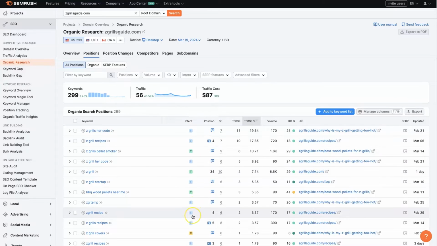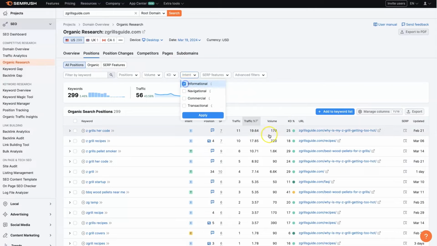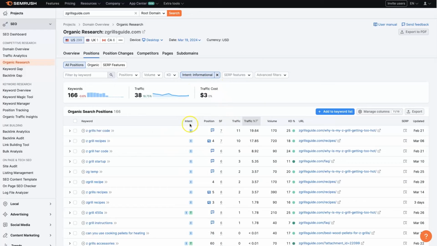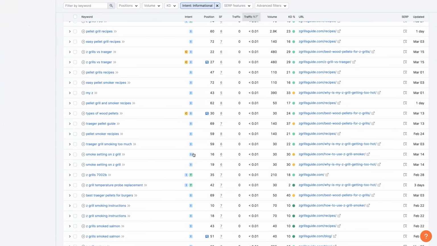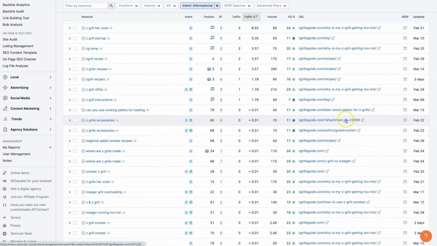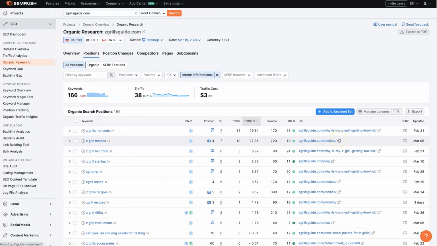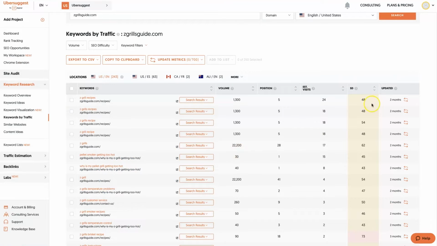And this intent can help so much if you're trying to find terms to write blog posts about or create recipes for, as an example. You could say, all right, just show me the informational intent keywords here. And boom, we've got those. And you can see those are usually going to be recipes or blog posts that are showing up for those terms. That's not necessarily something you would be able to do